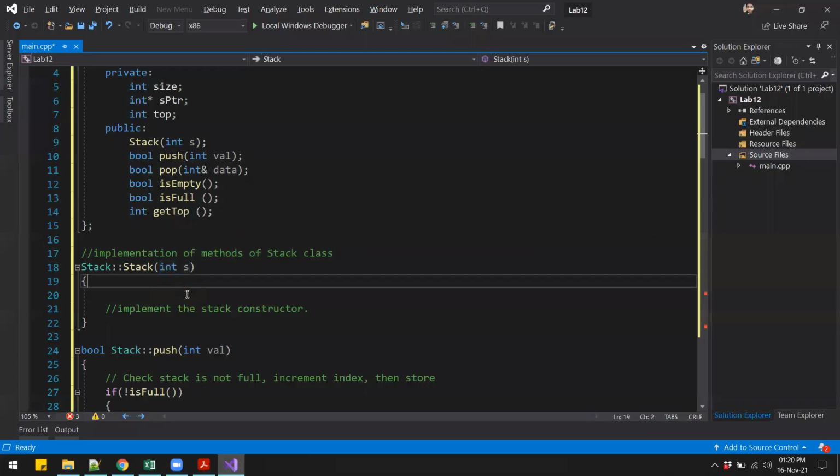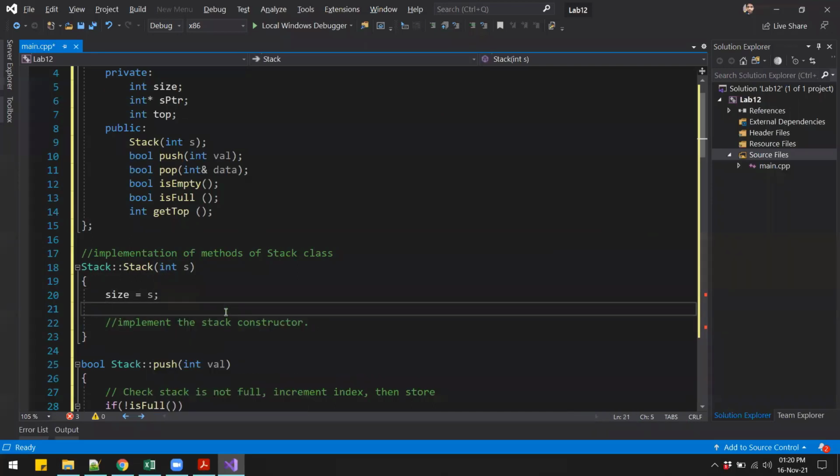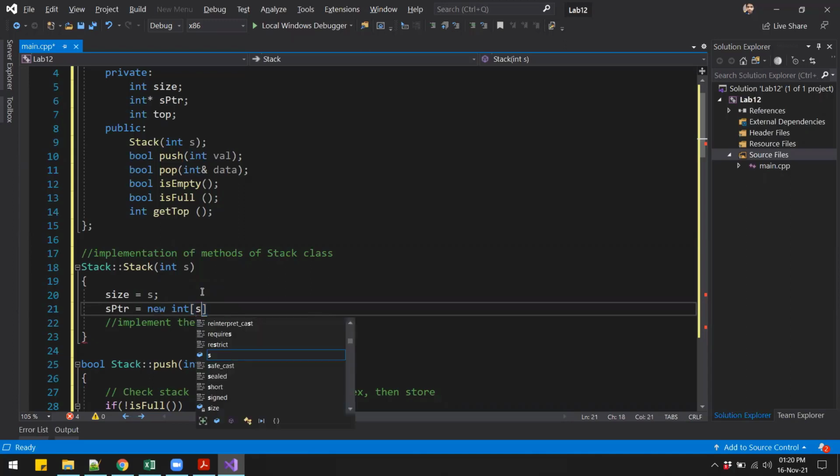So we can say size is equal to s, and then using that size, we have to create an array of this particular value. So we can say sptr, that is our pointer to the array. sptr is equal to new int of size s or size, doesn't matter because both are the same.